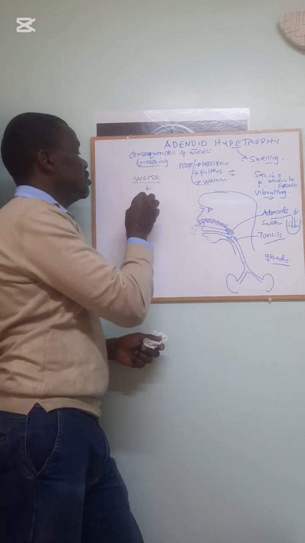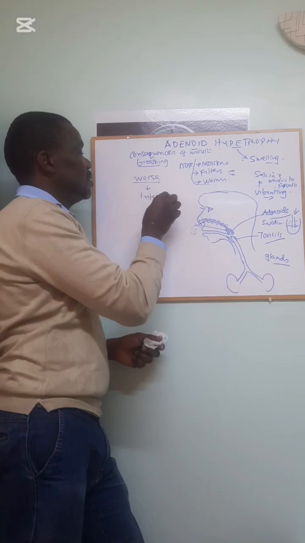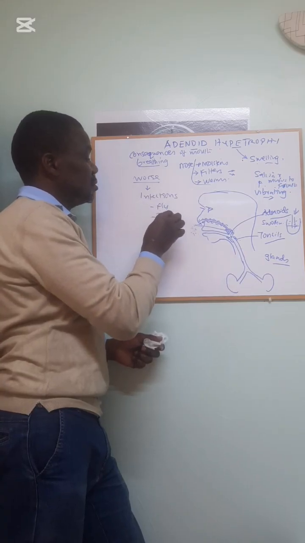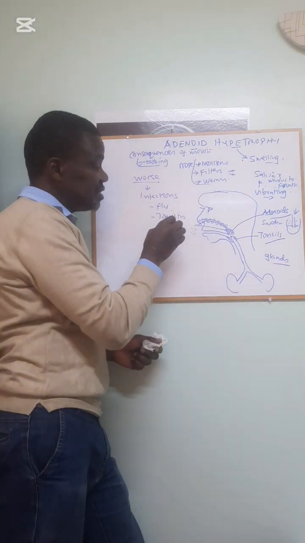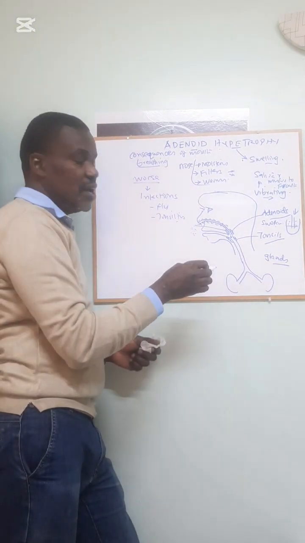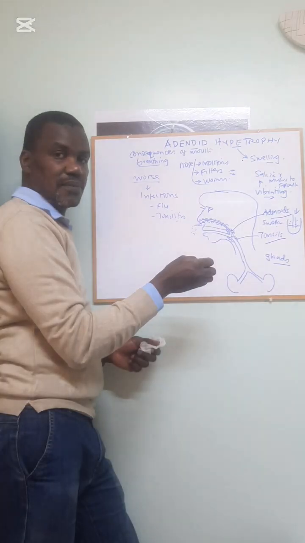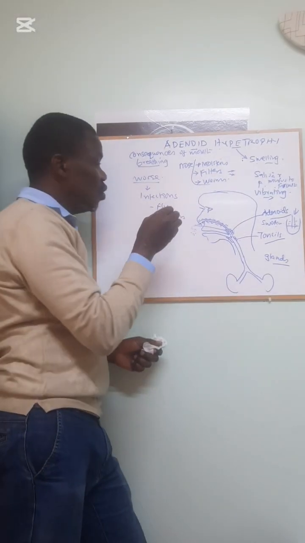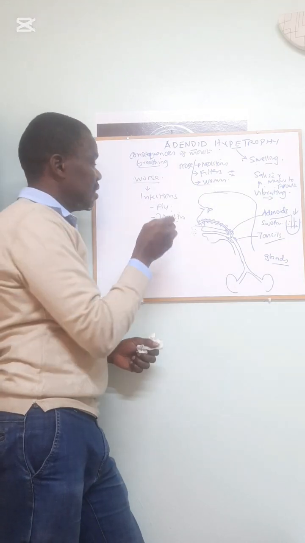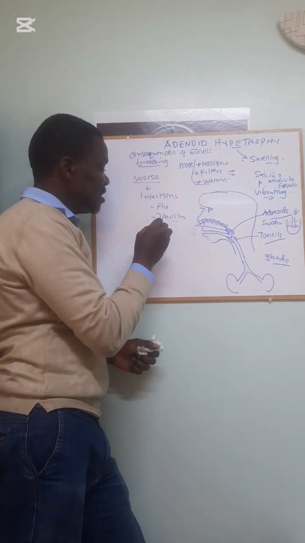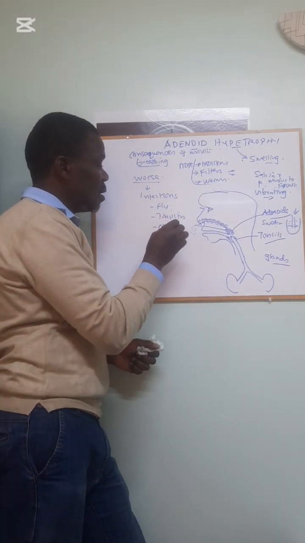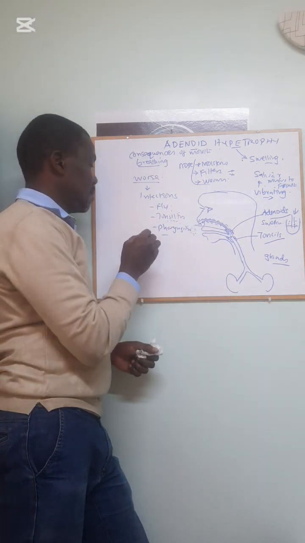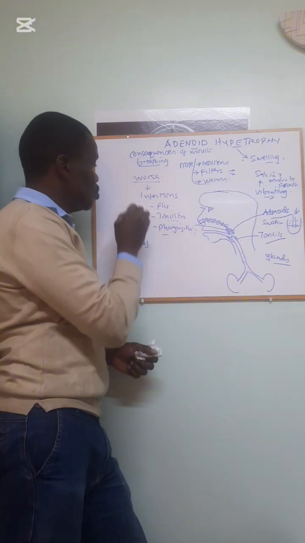Number one, infections, and commonly flu and tonsillitis. Remember, when tonsillitis happens, the tonsils get swollen and there is also reduced space. So the tonsillitis makes the situation worse. Flu will always trigger tonsillitis and pharyngitis to occur, and it will make the situation worse. So that is infections. Number two,